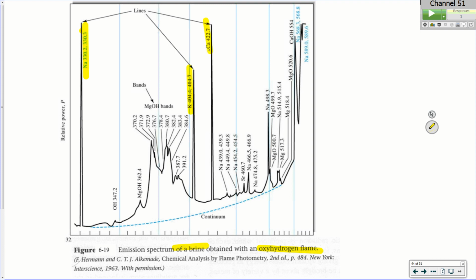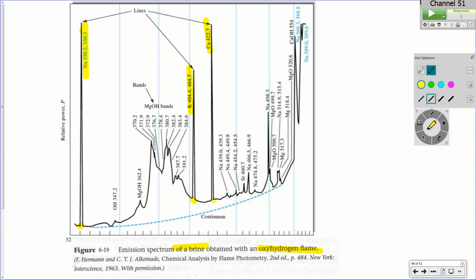Calcium has a signal at 423. And if we isolate those three signals, those are the three that we typically look at to quantify those electrolytes. In fact, if you go to the doctor and you pee in the cup and they want to check your electrolytes, a common thing when somebody comes in, they suspect they're dehydrated, or elderly people that maybe have become dehydrated, a variety of different things. They'll take the urine, they'll typically dilute it 1 to 100, and they have an instrument that has 3 different filters in it.